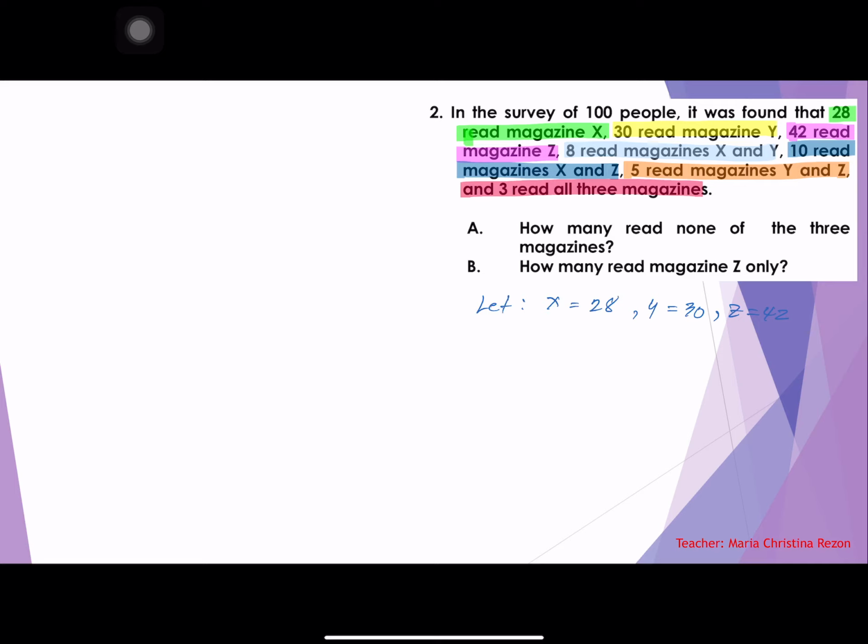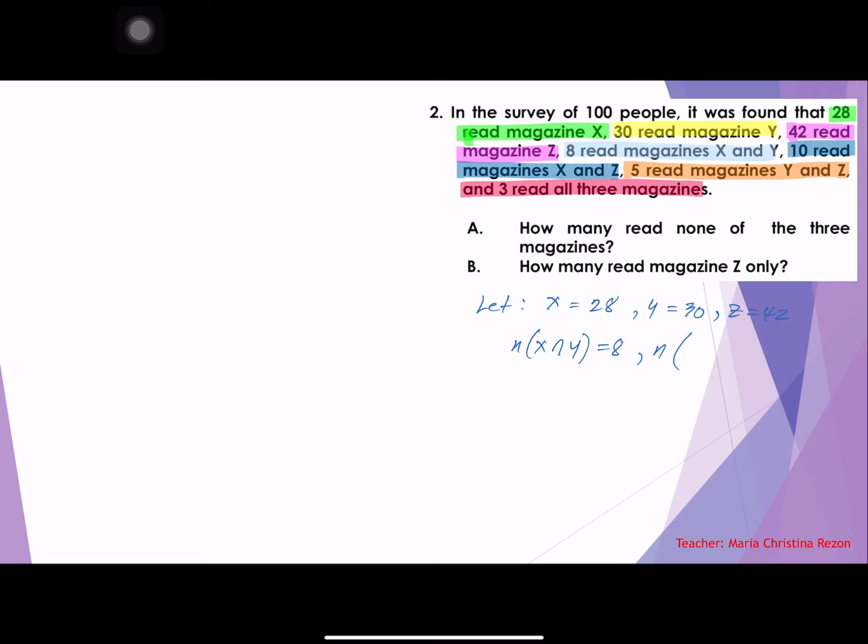Then you have for XY, so that is N of X intersection Y, that gives you 8,